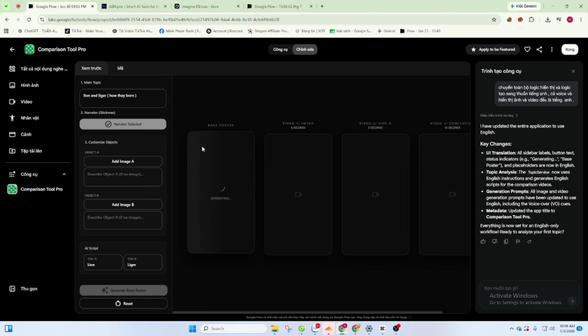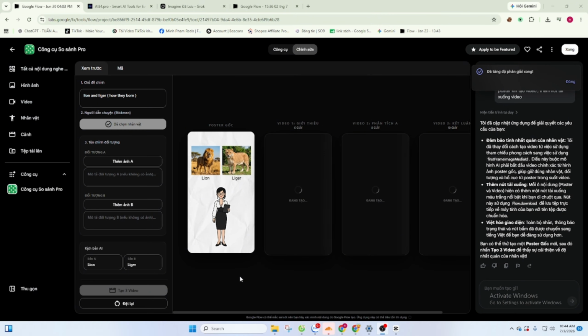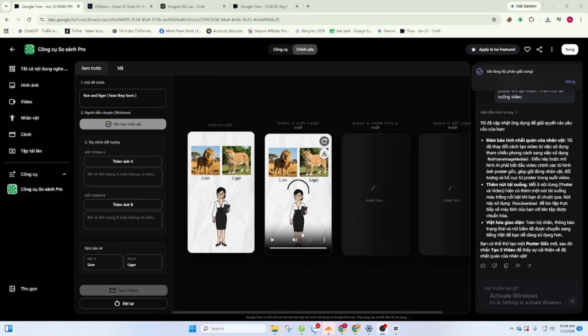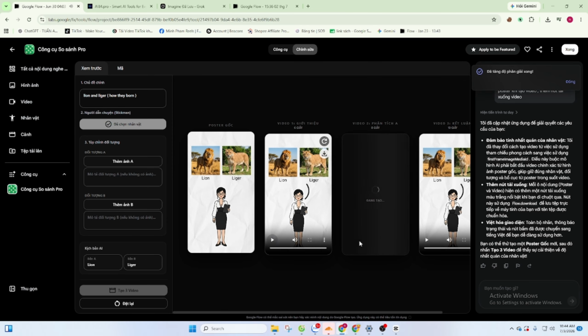Once the poster is ready, click Generate 3 videos. The system will automatically produce 3 complete versions of your video. Each version already includes AI-generated narration, so you don't have to record your own voice or edit audio manually. The app handles almost everything for you, including the script, visuals, Stickman animation, motion, and voiceover. All you need to do is review the 3 versions, choose your favorite one, and move on to the final